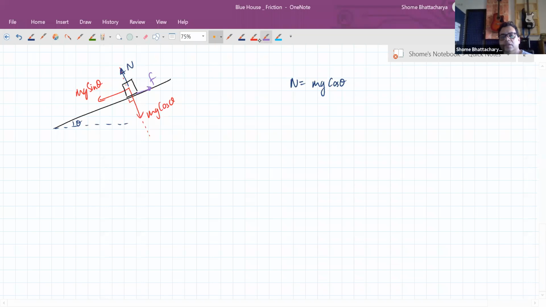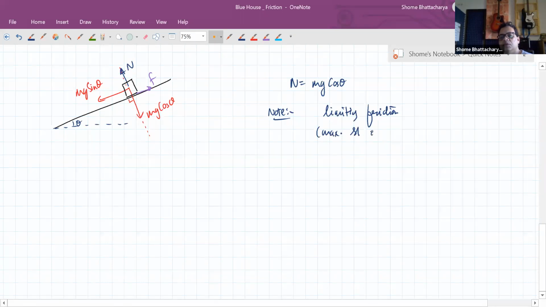So you can see that limiting friction, that is the maximum static friction available, is given by the expression mu s into normal reaction. Therefore, for equilibrium, that is to remain at rest,